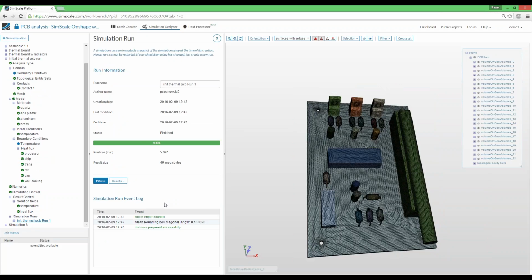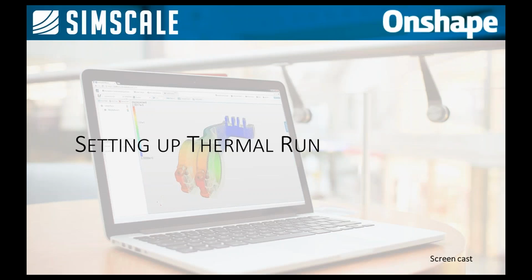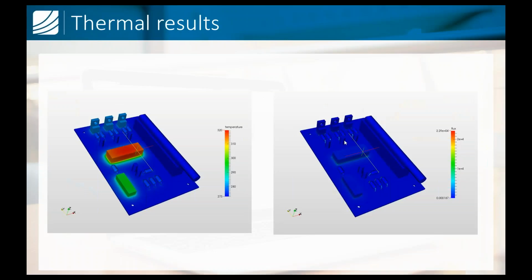After 5 minutes, the job is ready. The simulation was done and performed. We're ready to visualize the results. That's when we already had a sneak peek at the thermal results. We see a certain amount of temperature that is being transferred and the heat fluxes that are mostly moving the energy towards the board. But there's one